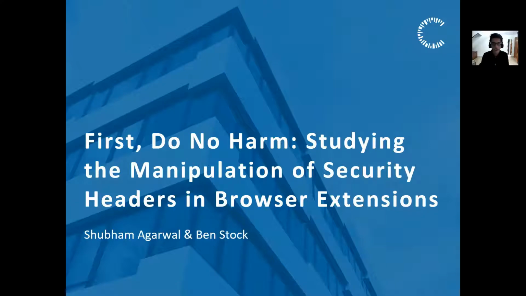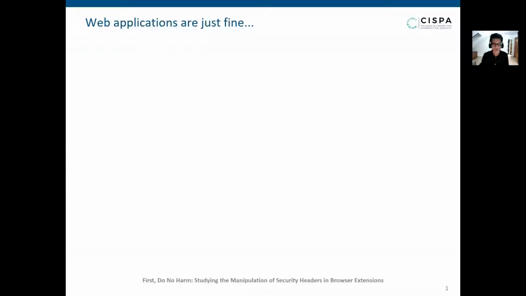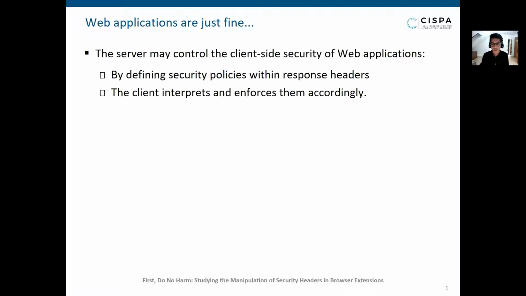In this work, we analyze the implication of security headers being modified by the browser extensions at the client side. So before we jump onto our study and findings, we briefly discuss why security headers are important, as well as the capabilities of the browser extensions on the web. We have seen over time that the increase in client-side logic has also added to the attack surface of the applications and could be exploited by adversaries on the web.